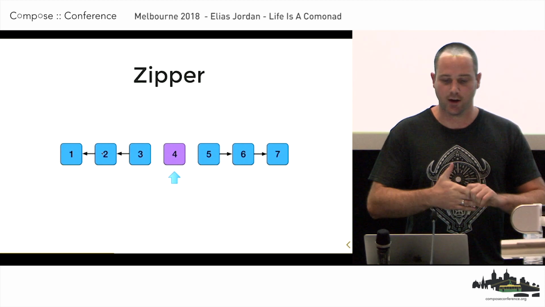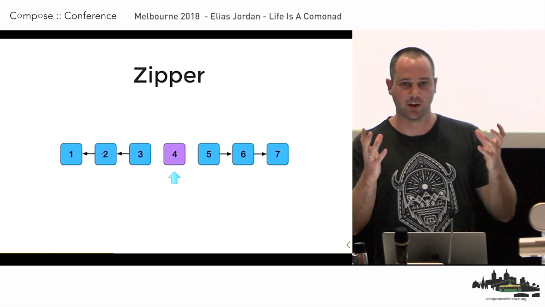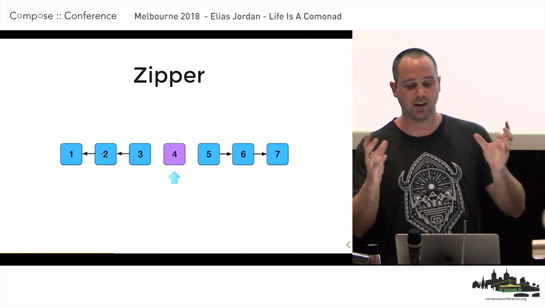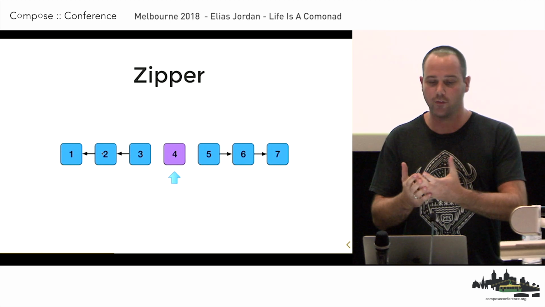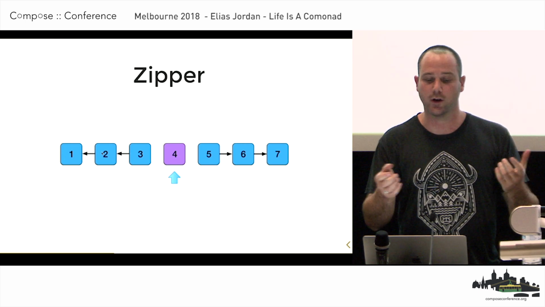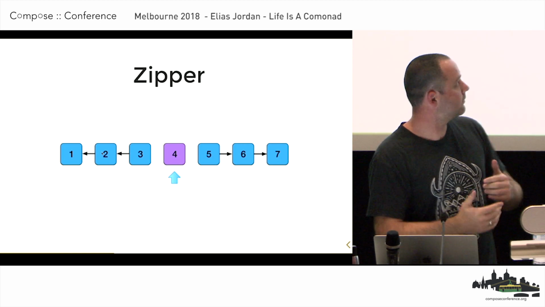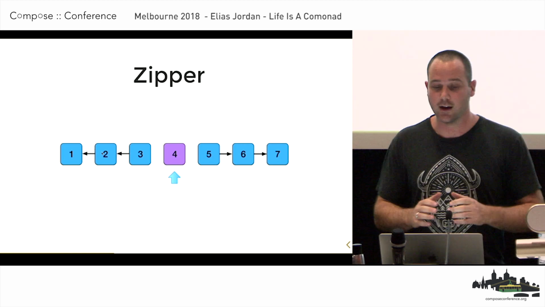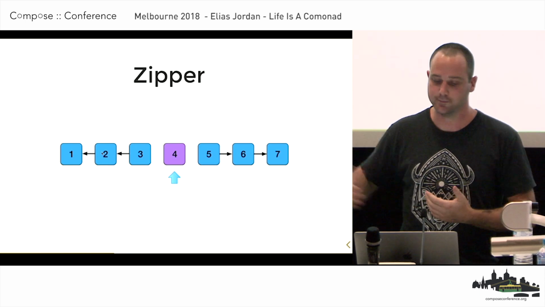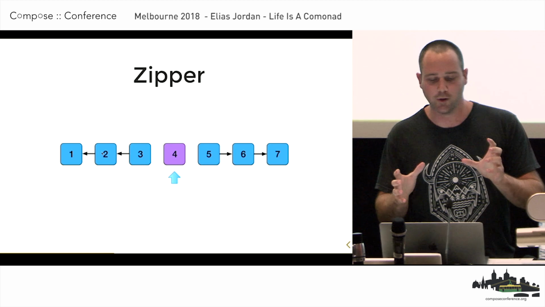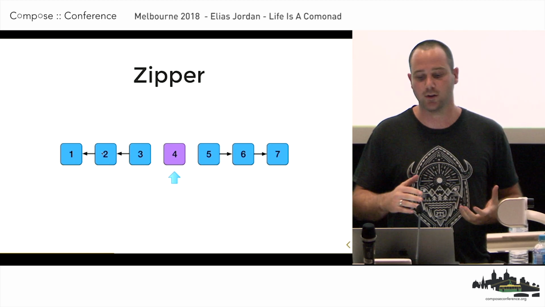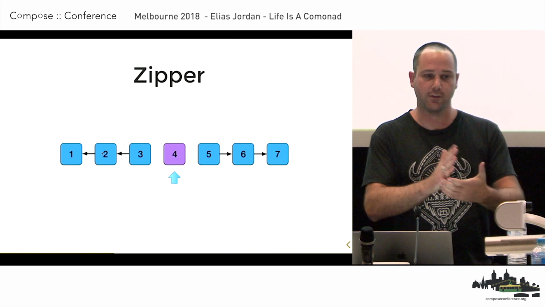So a zipper data structure has one distinguished element. You can think of it as a focus or a cursor element. And then two linked list data structures. One on the left-hand side has all elements preceding the current focus in reverse order. So you'll notice that the arrows are pointing to the left, and the elements on the right follow the focus element, and it's in the regular order. And so by using this, we can leverage the fact that it's O(1) time to append to a list to then shift our focus element to the left and to the right.